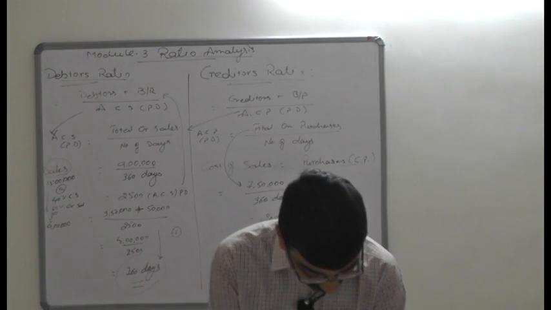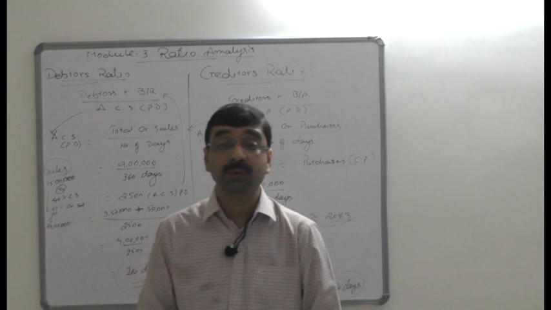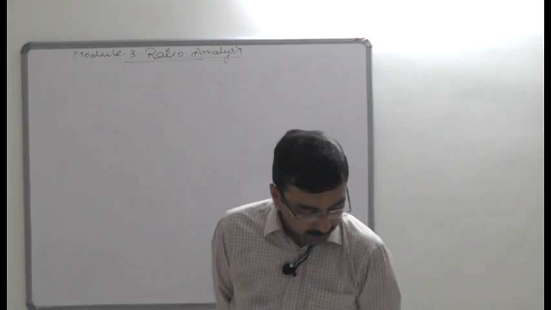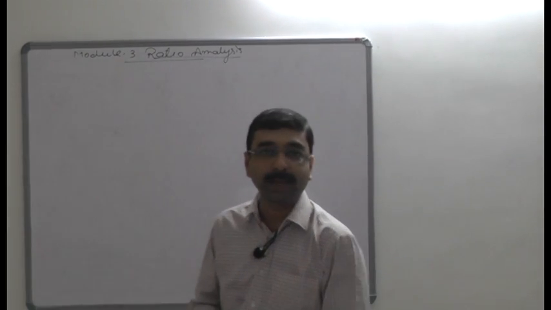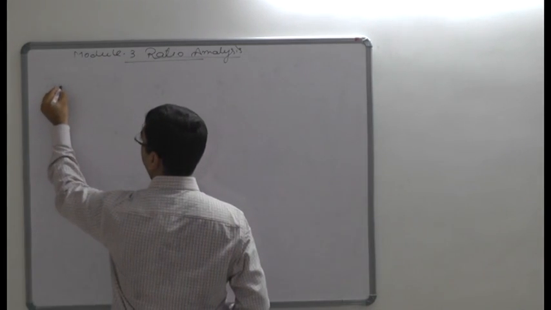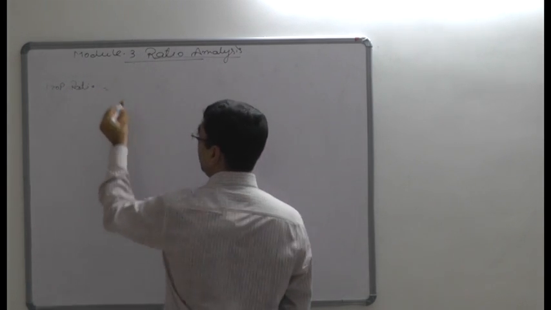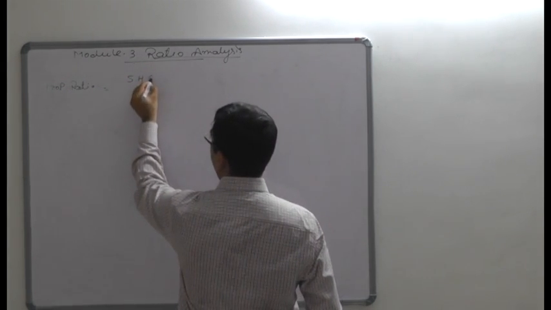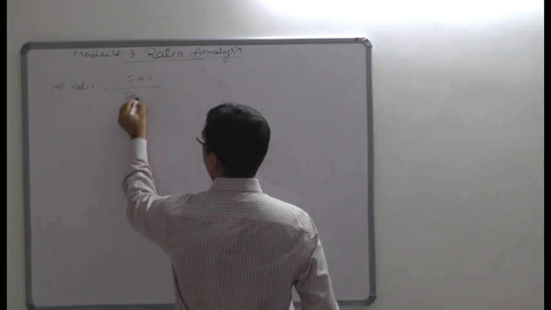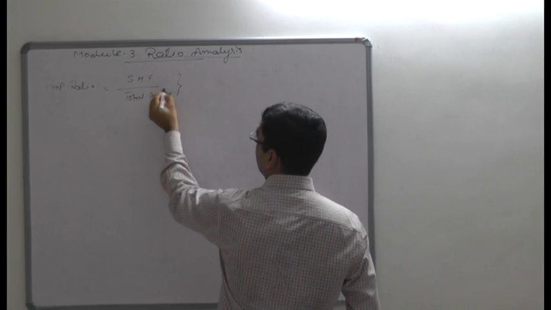So this is the debtors and creditors ratio which we have found out. Now the next ratio is the proprietary ratio. We already found the proprietary ratio in an earlier case also: shareholders' fund divided by total assets. So ultimately it's a comparison of the